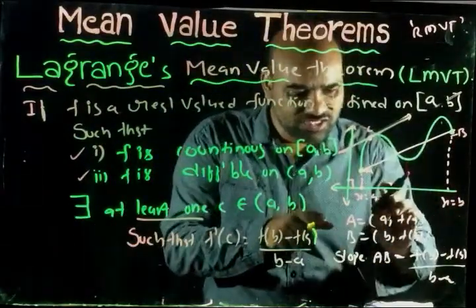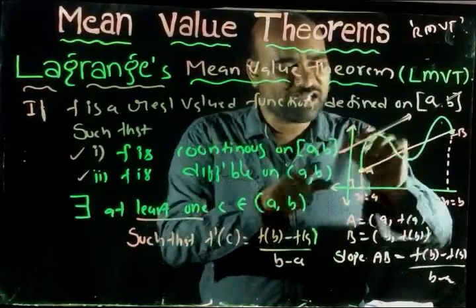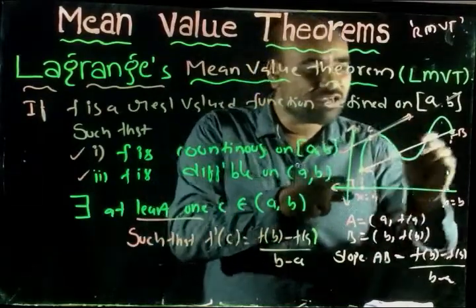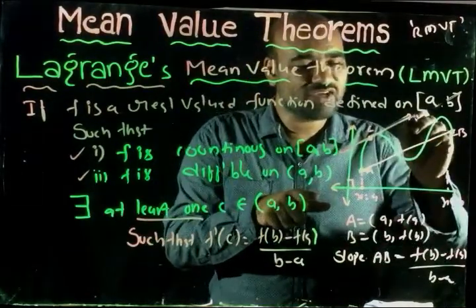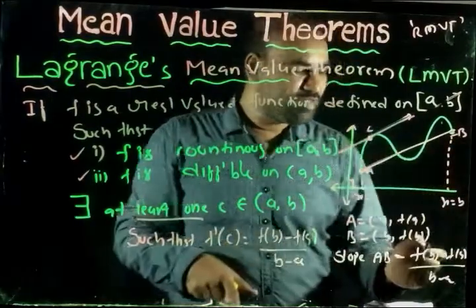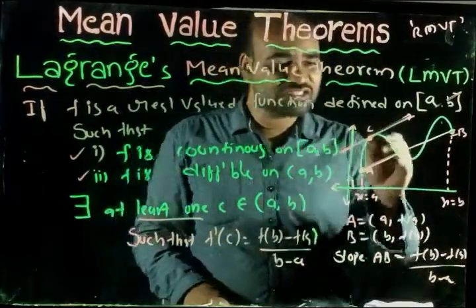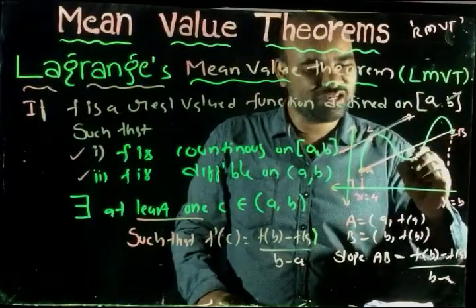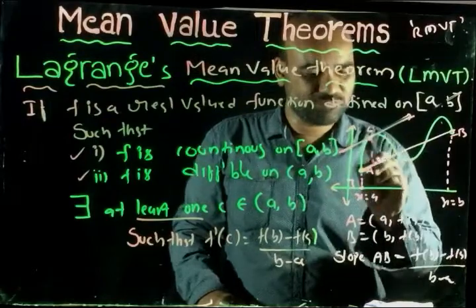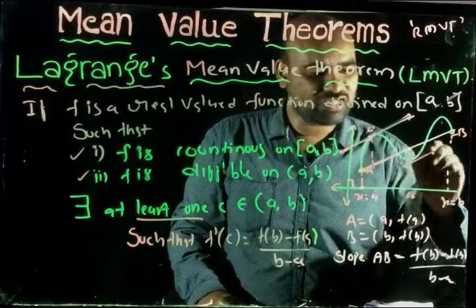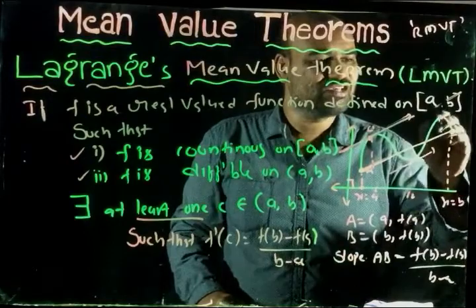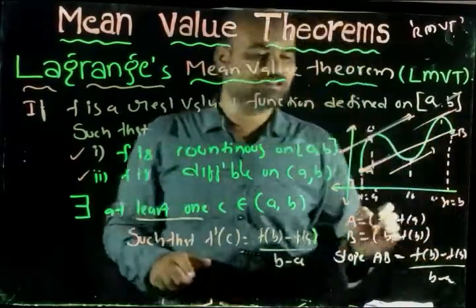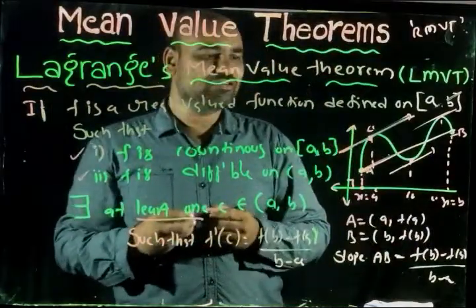That means if any function satisfies the Lagrange mean value theorem in this interval, there exists at least one c. Through that c, we can draw a tangent to the graph. That tangent is parallel to the chord. So the slope of this tangent is f'(c), and the slope of this chord is (f(b) - f(a))/(b - a). In this graph, I am getting two more such c's. Here one c, so c1, this one. This is c2. At c2 also I can draw a tangent which is parallel to the chord. Here also I can draw c3. Another tangent is obtained, and this is also parallel to the chord. So this is the Lagrange mean value theorem.